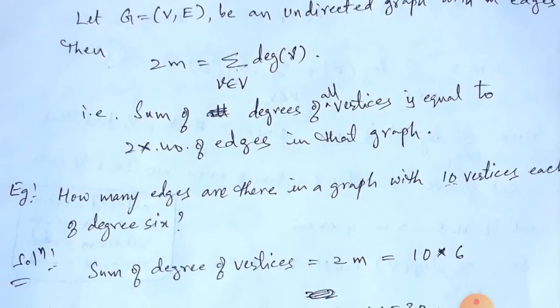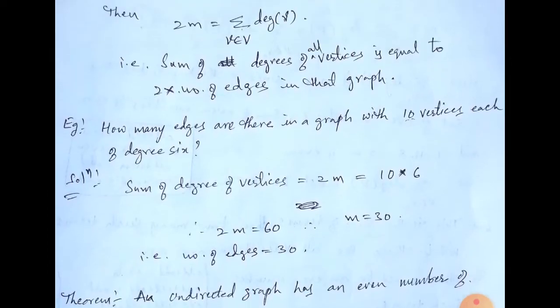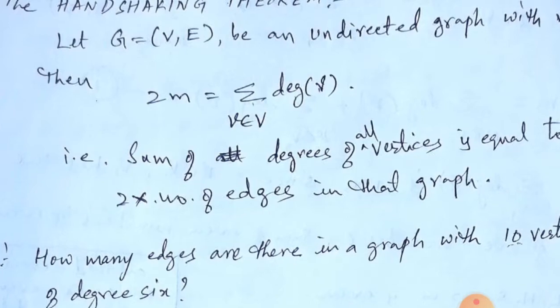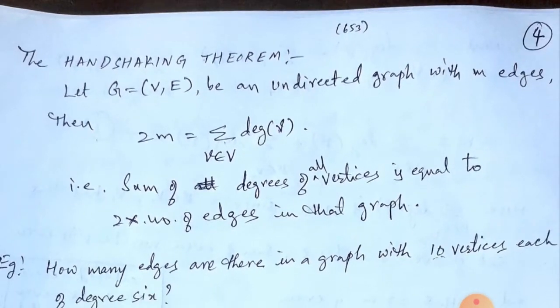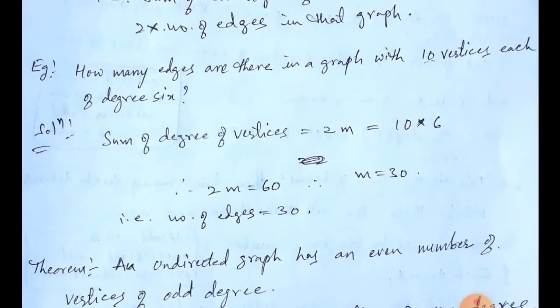We will see an example to find the number of edges. You can observe this theorem for every graph. Calculate the degree of each vertex and sum, and after that count the number of edges and multiply with 2. Whether they are equal or not, you can check with the previous graphs G and H. That is true always.